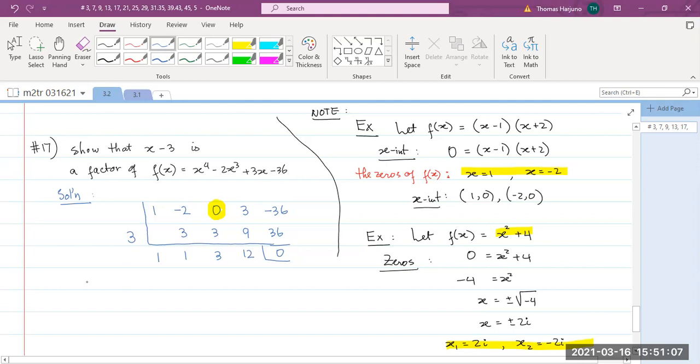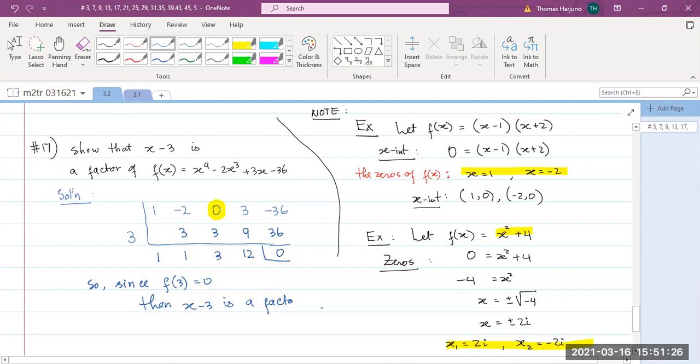Okay, so since f(3) equals 0, then x minus 3 is a factor